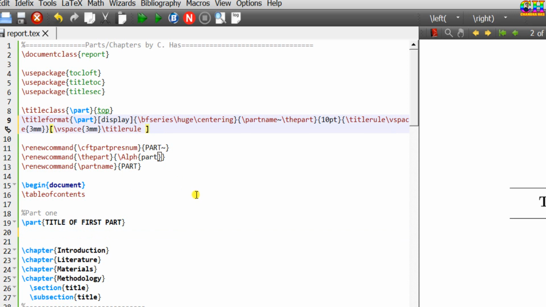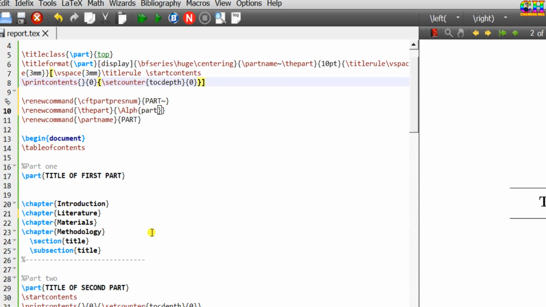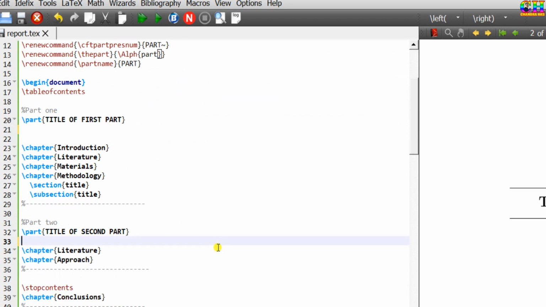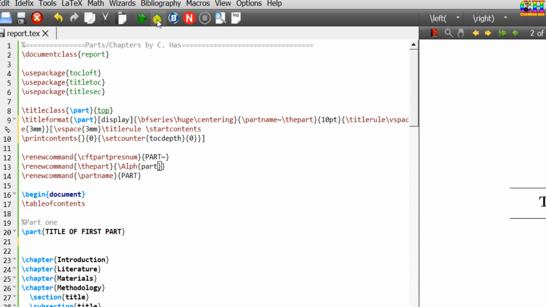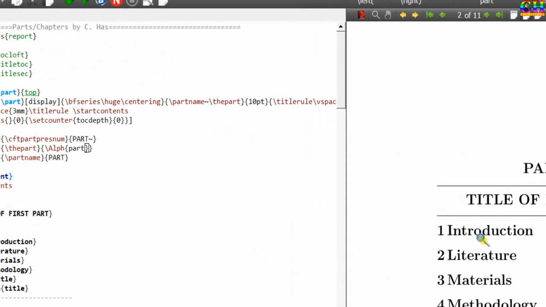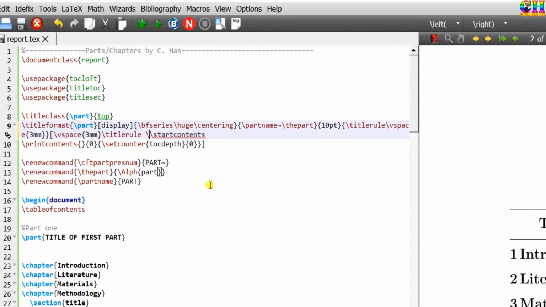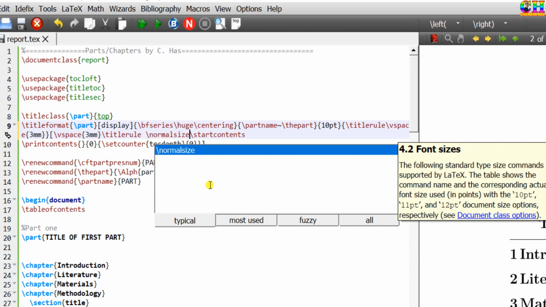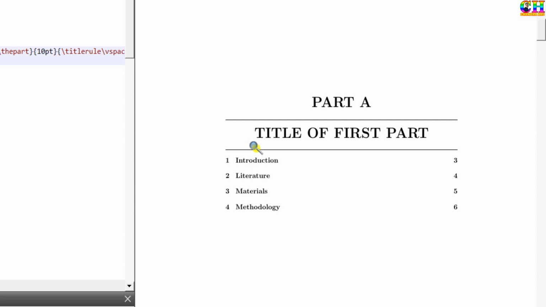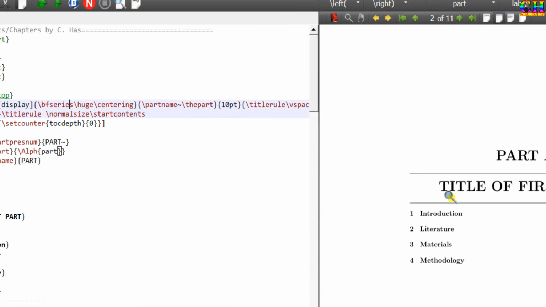At this place font size has been changed. Just write normalsize. Also we can change the spacing between the top and the title of the part.